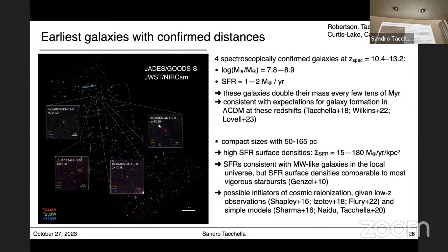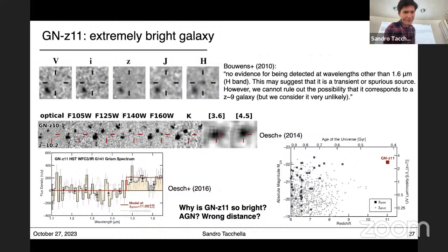Yeah, so that's a very good point. We tried to model this also with multiple components and so on, and we don't find any convincing evidence for that. So we have a limit on that. Basically, we can say that yes, 50% of the light or of the star formation is included in that. Then you could have a floor that extends further out. Yeah, exactly. Surface brightness dimming is one of the key worries in these kinds of works. Yeah, I agree. So, okay, then let's move on to GN-z11, which was an object that we observed in February,